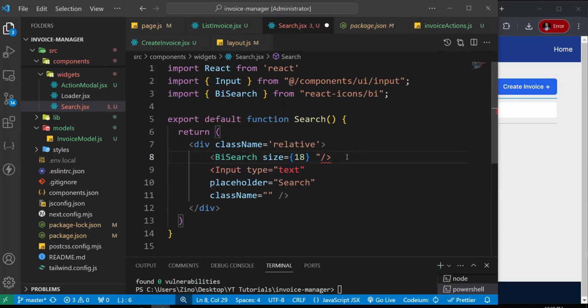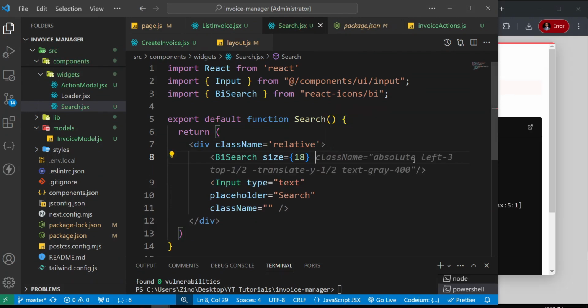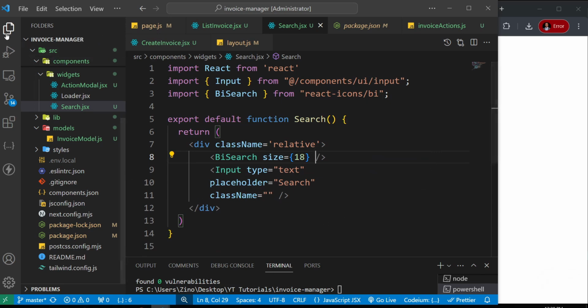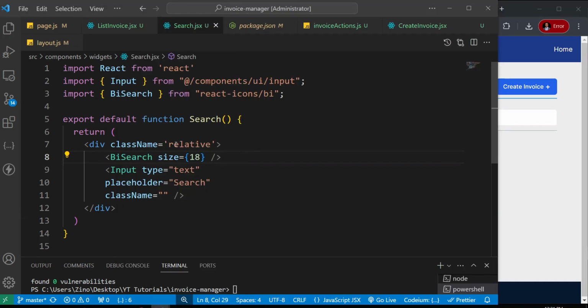So these classes were not there before. Let me save it now. If you save it like this, this autocorrect is just so invasive. Then you see that the search icon is outside, the input field is just below it. So what you want to do is, we're giving this one a class of